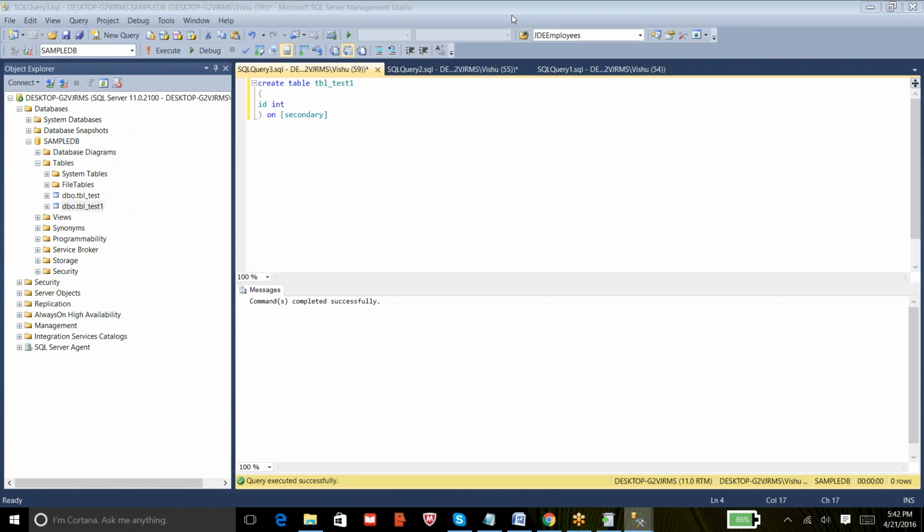The advantages of having the file groups, we will better know or feel when we actually discuss backups and restores. But for now, it is required to overcome the space issues and to get better performance.